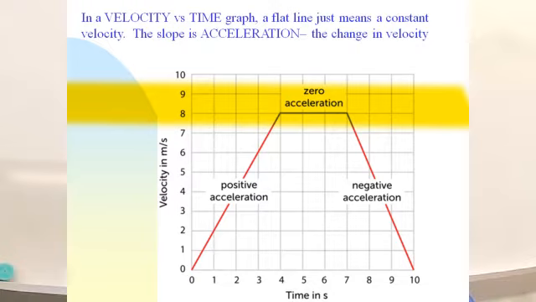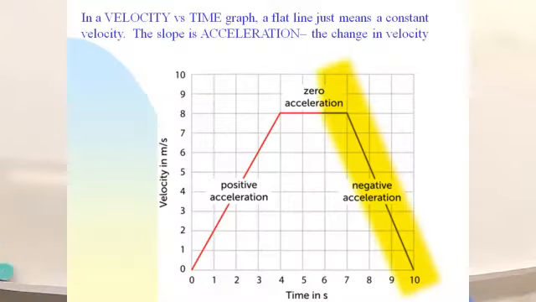And then negative acceleration. So now we're slowing down. Now, if this were a distance versus time graph, there would be a curve. This is velocity versus time. Acceleration is a straight line. And this looks like a steeper line. So let's see, in 7, 8, 9, 10, in 3 seconds, we've gone from 8 all the way down to